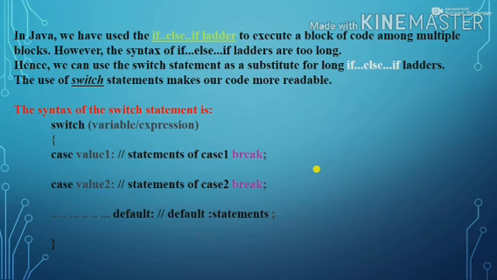Within switch we write a variable, that means the condition, then case 1. It means condition first, the value to be executed, and after that we have written break. Break is nothing but a termination from the switch. Again, if it is false, it will go to check another case 2. If case 2 is satisfied, this statement will be executed and it will be terminated. And if none of these is satisfied, default will be executed. In this way the switch statement will work.